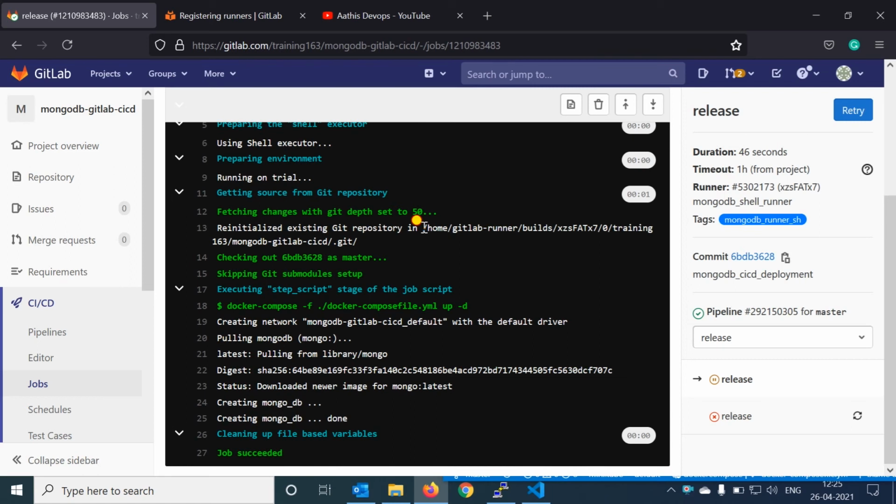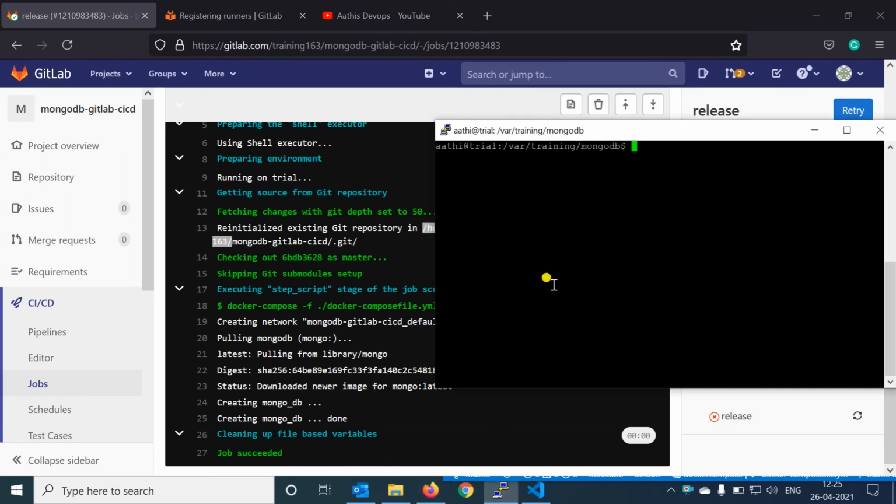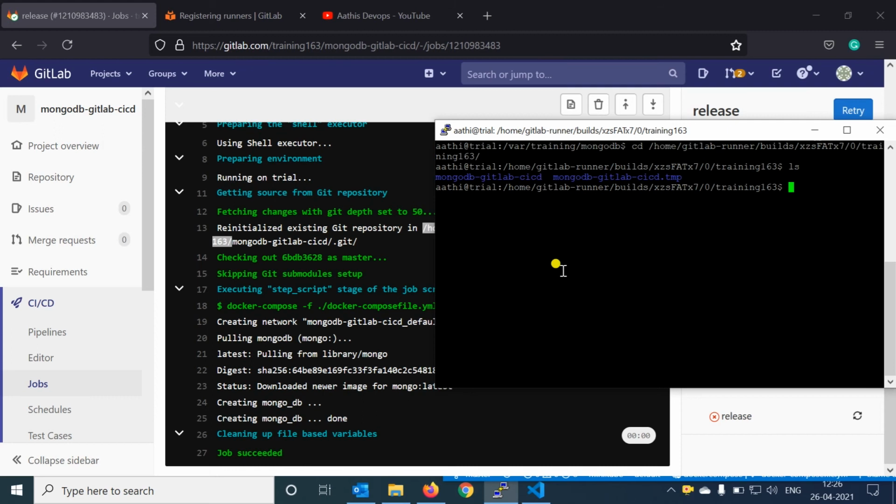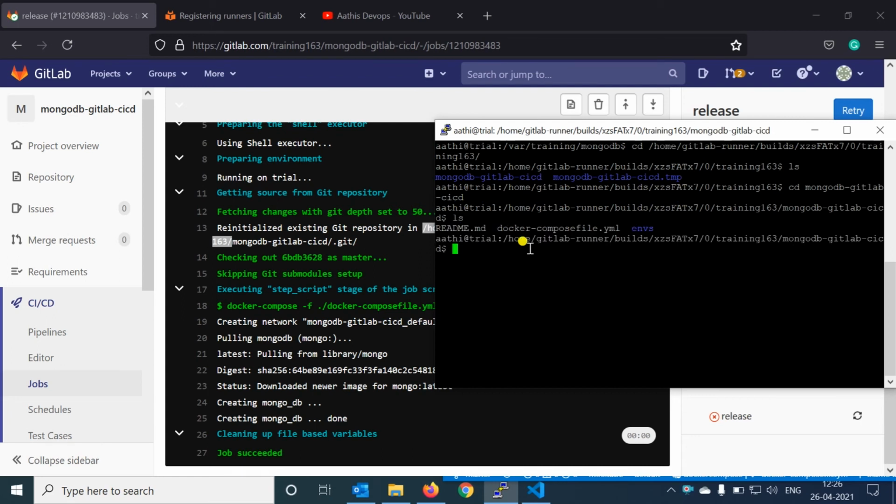So this is the GitLab CI/CD, and we can see what is happening inside the containers. This is the path where our project lies inside the server. You can go into this path on the server and check whether it is created or not. If there is any error, you can also work on it. Maybe I will show you a demo. ls, see MongoDB, the complete code will be available here.